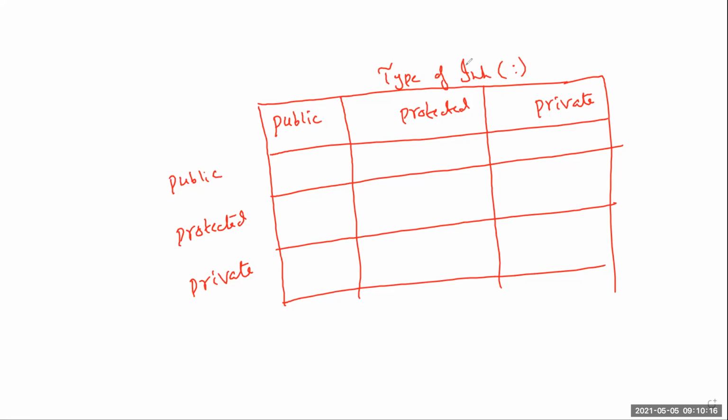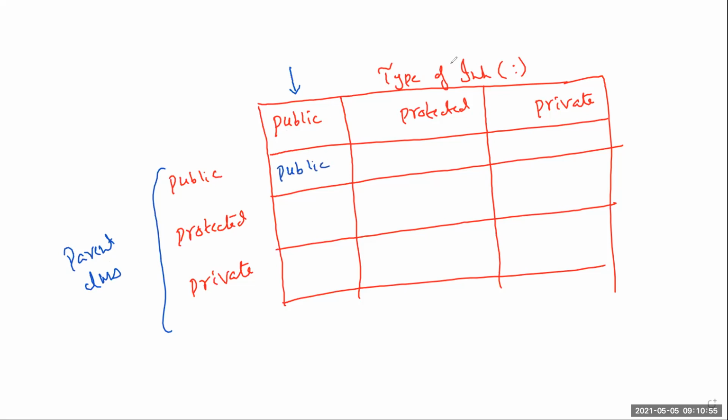So basically, all the examples we have done so far were actually in this column, because after the colon, we were always writing public. So you can assume that in the previous lecture, all the examples of inheritance we were doing were actually falling in this first column of this table. Now, if the type of inheritance is public, meaning after the colon you are writing public, and this was in the parent class,